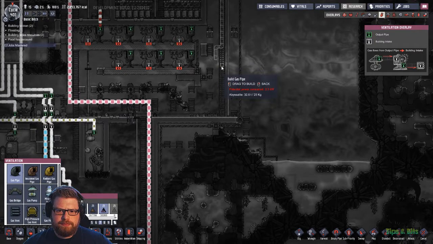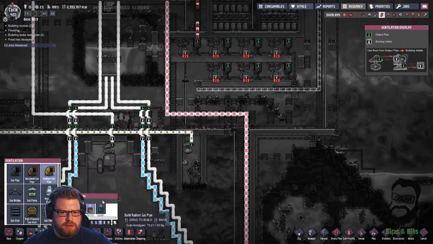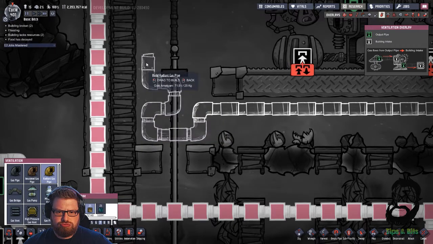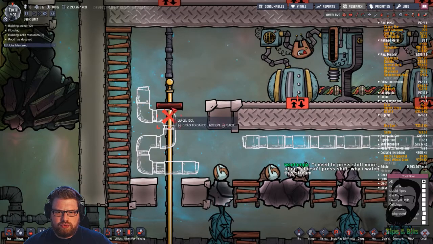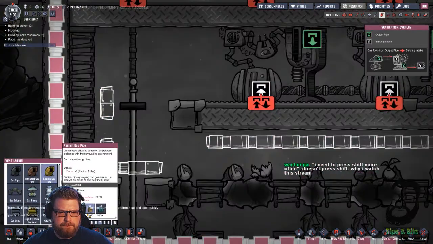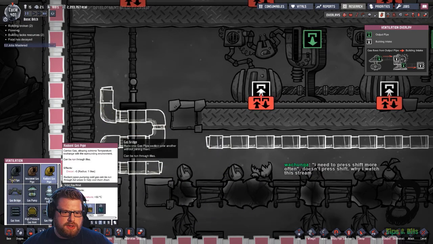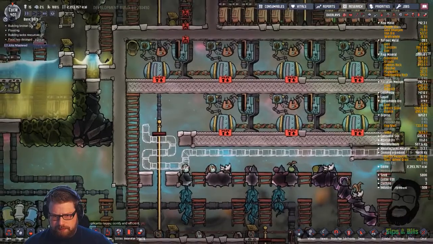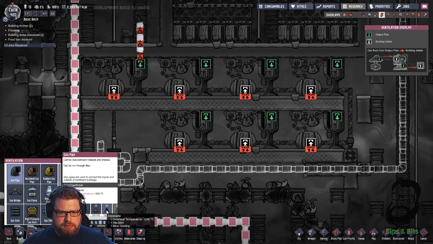Stop it! There we go. And then we'll go through here. Then we'll do a bit of radiant here. I honestly don't know if this is going to work, but we'll try it. It's only going to be a tiny bit of cooling, but it might just be enough. And then, for the inputs to the machines...